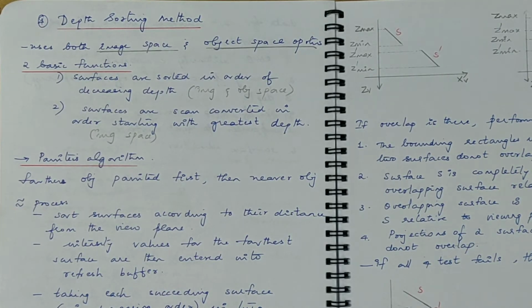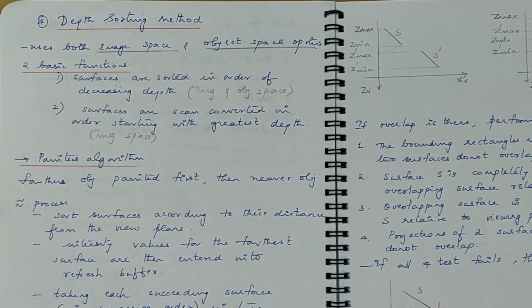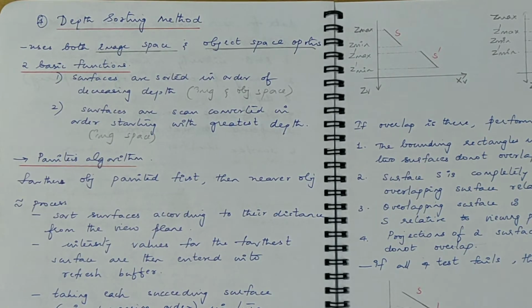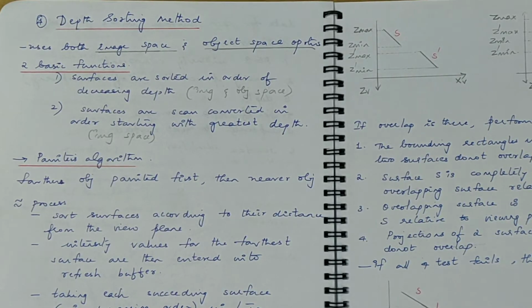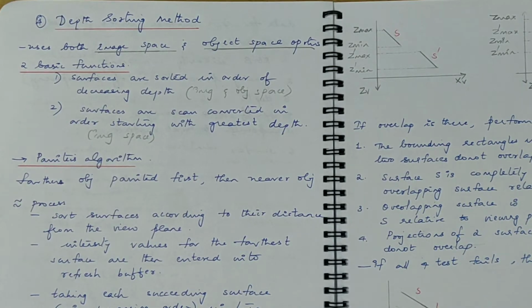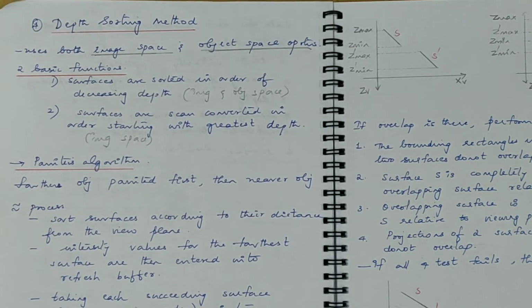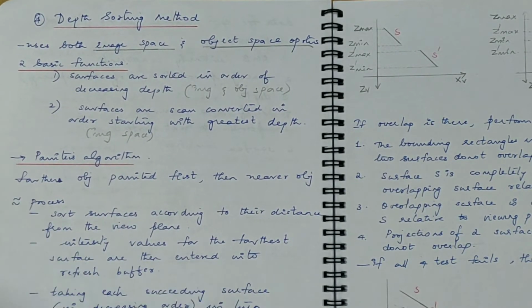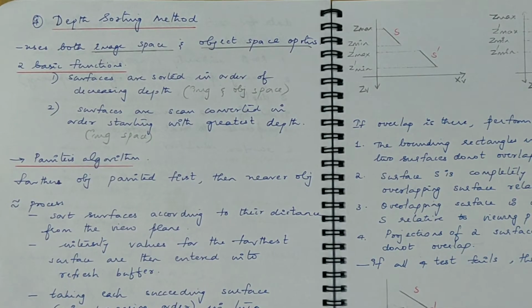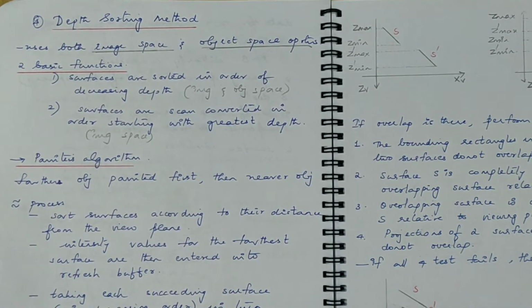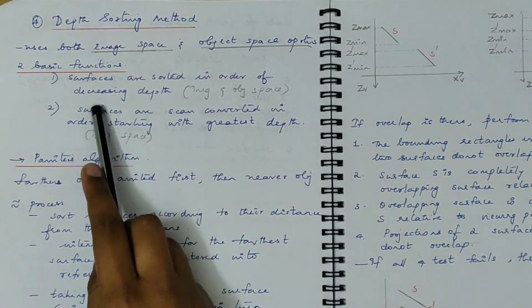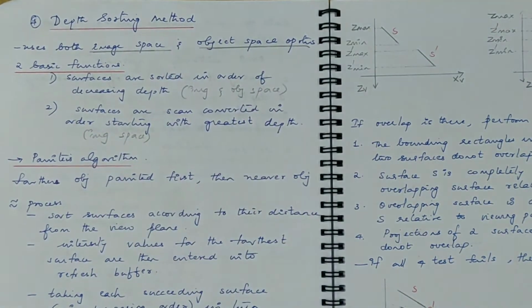This video is part of RSET Online for the subject Computer Graphics, which is an 8th semester global elective. And the topic that we are going to deal with today is from Module 6, and this is one of the visible surface detection methods. So we have already covered 3 other visible surface detection methods, and this is the fourth one in that series. So the algorithm is the depth sorting method. In this depth sorting method, it uses both image space and object space operations.